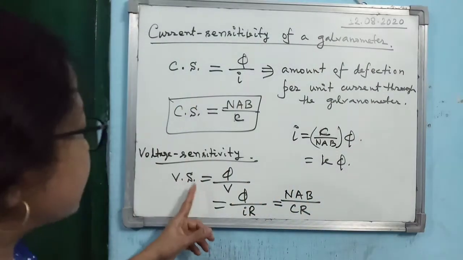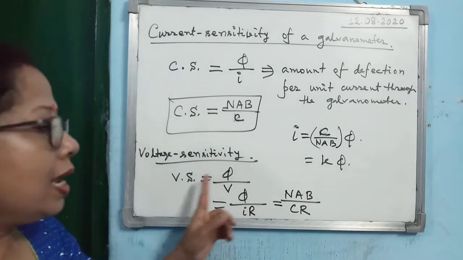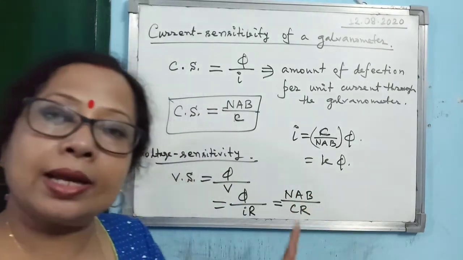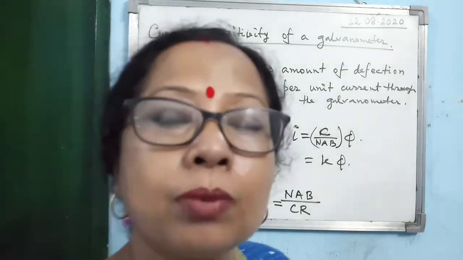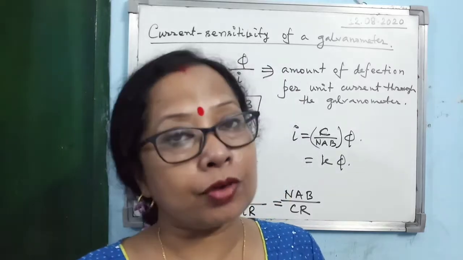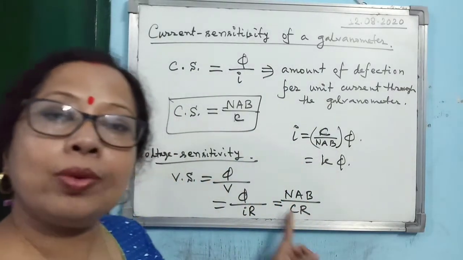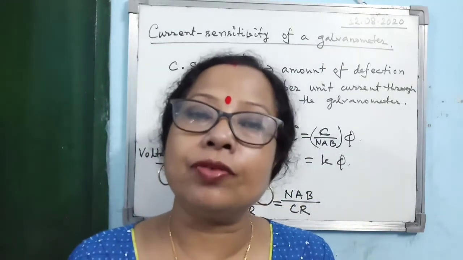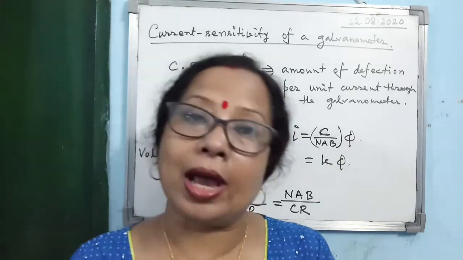Okay. So in this case also, you can increase the voltage sensitivity either by increasing B, the magnetic field. How can you increase the magnetic field? Once again I am repeating, by using a soft iron core, by using stronger pole pieces of a horseshoe magnet, or by decreasing C. So how can we decrease C? By choosing phosphor bronze as the material for the suspended fiber.